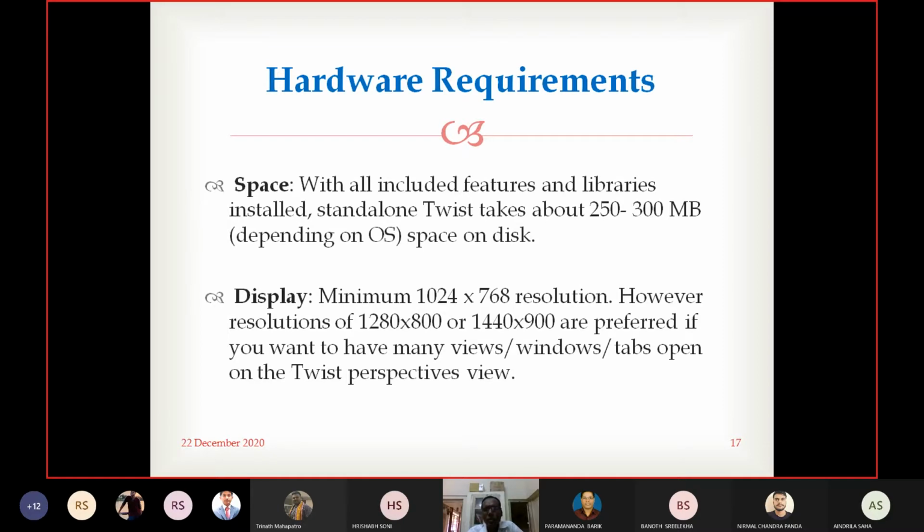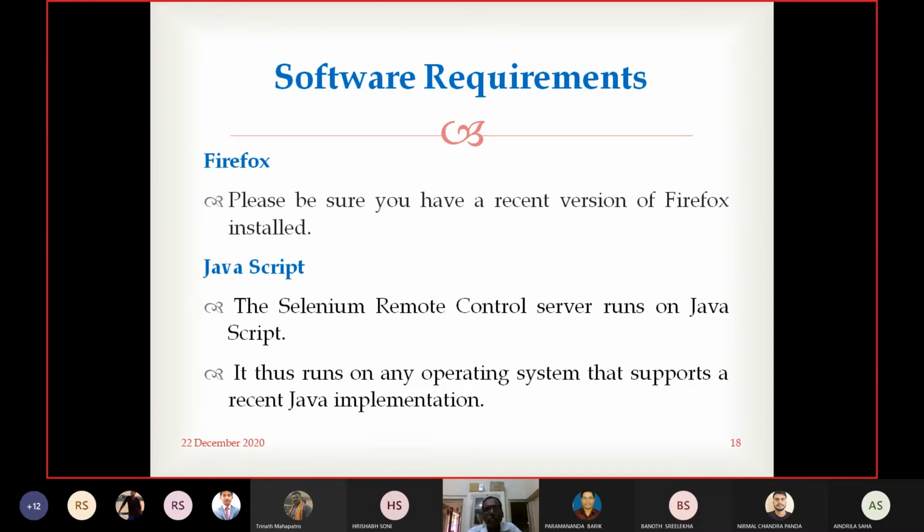However, resolutions of 1280 by 800 or 1440 by 900 are preferred if you want to have many views, windows, or tabs open on the Twist SpecText view. These are the hardware and software requirements for running this Selenium tool.